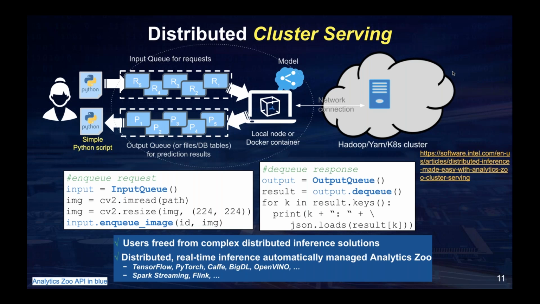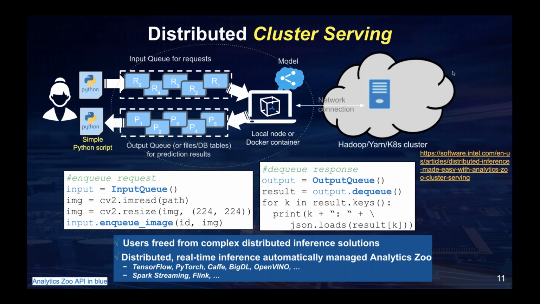in which they can just put the data. In this example, they put the images into the input queue, and then from the output queue, they can get the prediction result from the cluster serving. So using this cluster serving framework, users do not need to deploy complex distributed inference solutions by themselves.